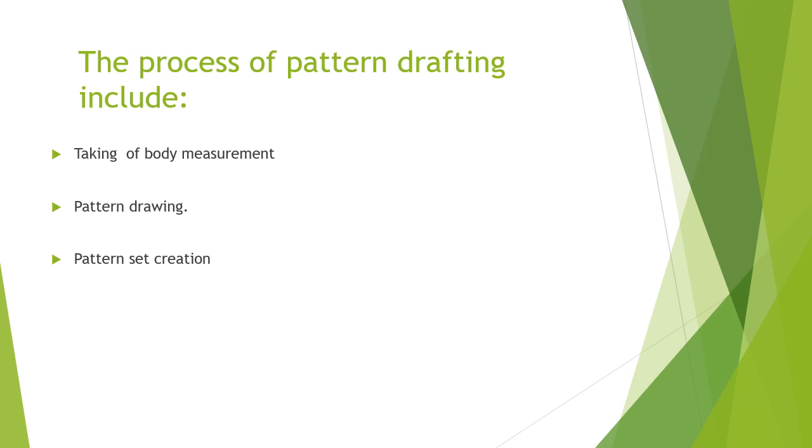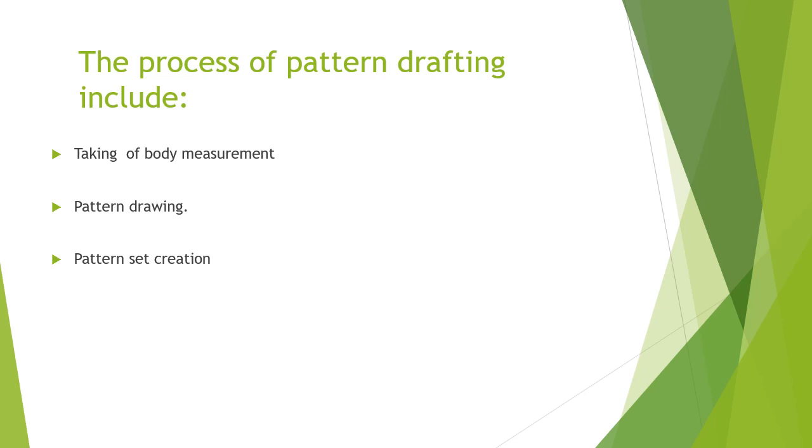One of the processes that you're supposed to take in mind is the body measurement. That is, you take the body measurement of the person you're going to make the garment for. The second one is pattern drawing, and that's the primary one in pattern drafting. And the last step you're supposed to undertake is pattern set creations. Those are the creations that you're going to use after drafting to cut your fabric to get the required design